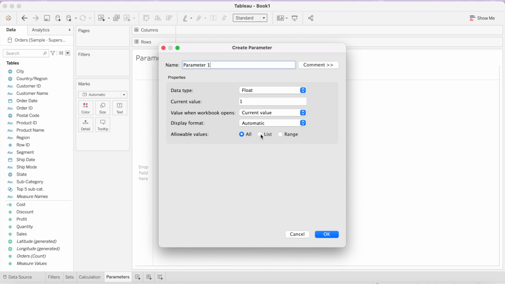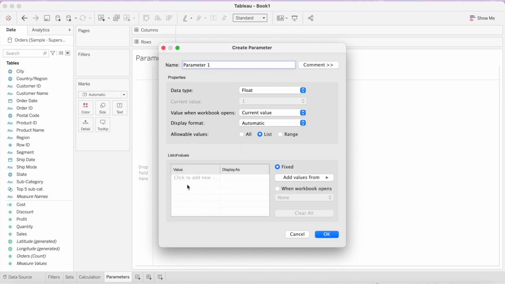If I select list here, we have to add values of the data type that we have selected here, and here we have another option, the display as option, where we can choose what we want to display on our parameter, which need not be of the same data type. So let me show you how we are going to do that.